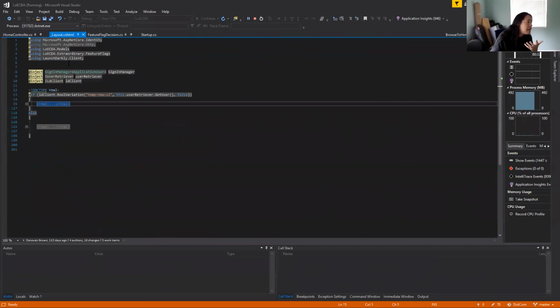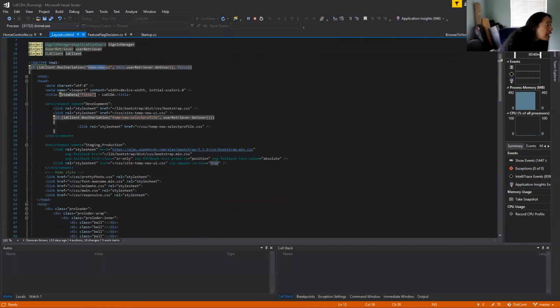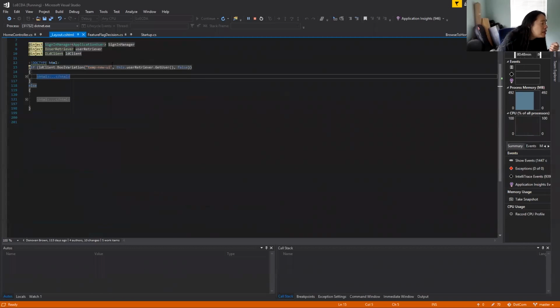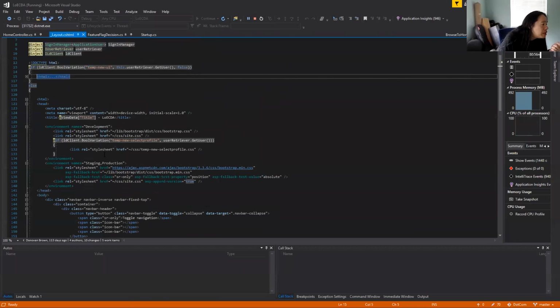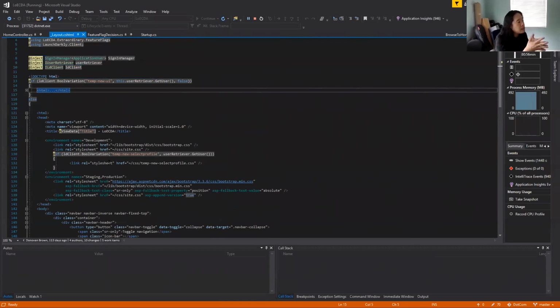So inside my layout page, there are some places that I need to turn these feature flags on and off. So if the new UI is turned on, then I actually do this chunk of code. And if you notice, I even have nested flags as well. So if I have the select new profile turned on, then it's going to add this chunk of code in. And of course, if my new UI is turned off, it routes it through this chunk of HTML code, right? So you absolutely have the ability to add feature flags into your UI elements as well.